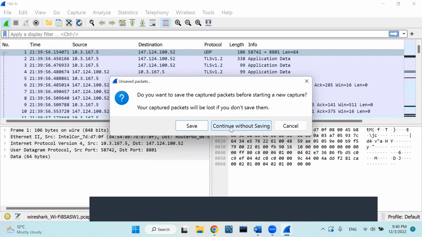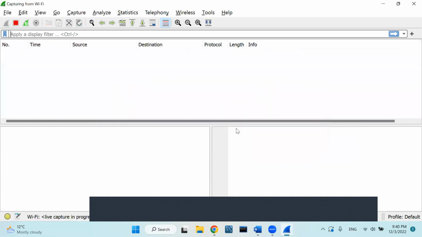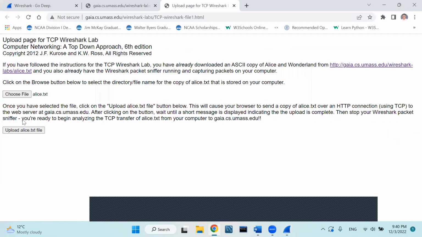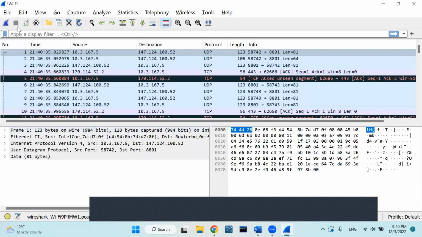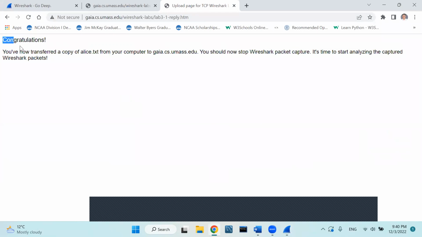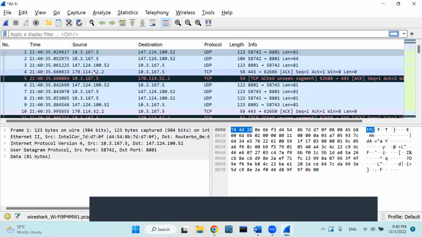I'll go back on the website and upload the file, and then pause it. So now we got the congratulations window that we've transferred a copy of the file from my computer to this web address,